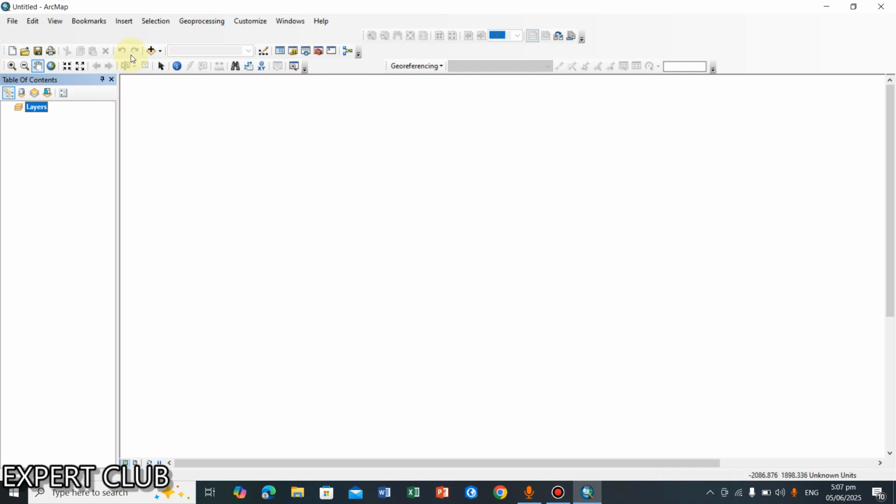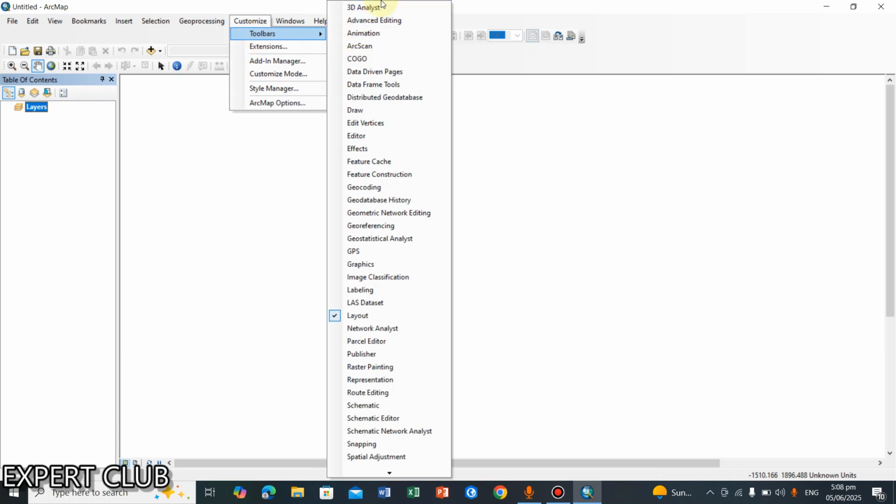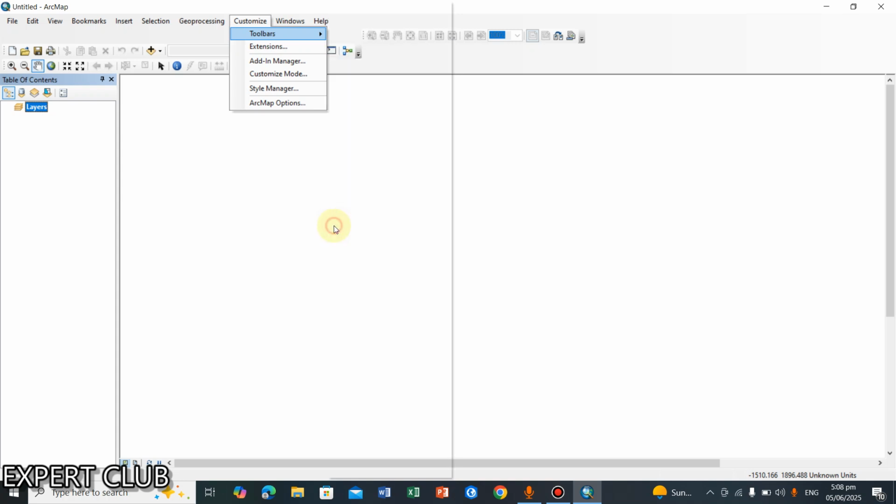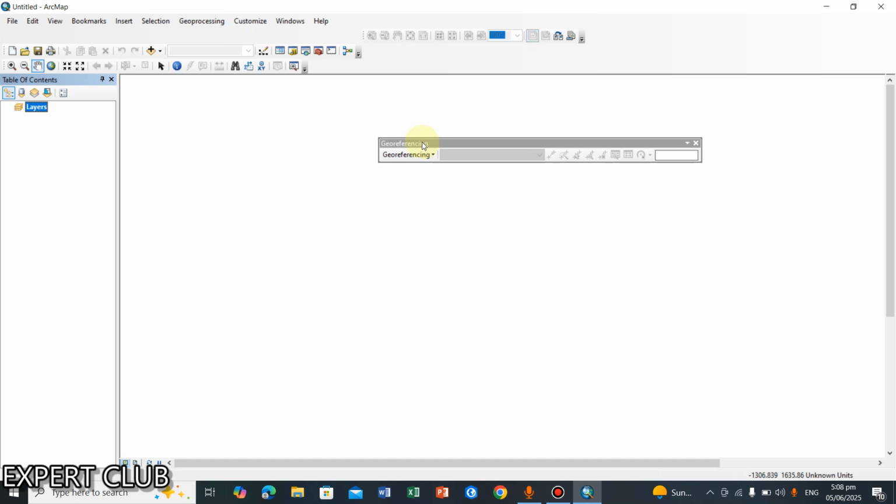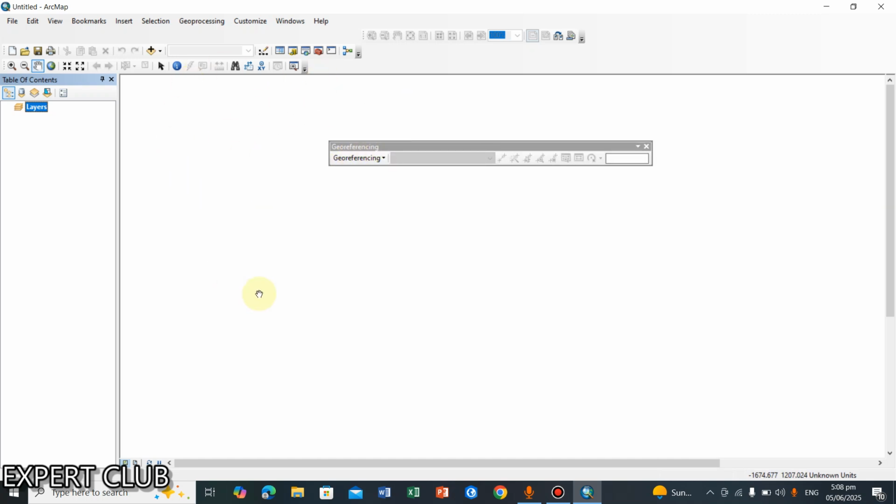Pretty easy. So let's say you want to add a new toolbar here, like the Georeferencing toolbar. You go to Customize, Toolbars, and you should see this list menu, and you should be able to see Georeferencing. Just tick that, and Georeferencing appears. It appears as a separate window, but it's distracting us from the main window, the data view. Using the title bar, the gray bar that you're seeing,